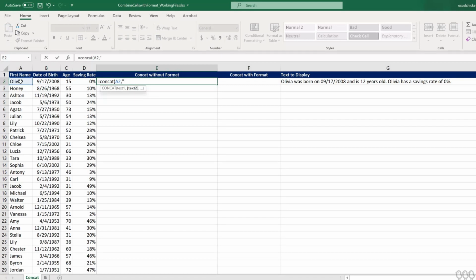And this time we're going to use our quotations to let Excel know that we're entering free-form text. We have to remember to add our spaces: " was born on ", comma, and now we're going to get our next text, which is B2, our date of birth, comma for text 4. And remember, we have to start our text with quotations, and we're going to add " and is ", add our comma to select our next cell, and enter our comma, and now we're at " years old",